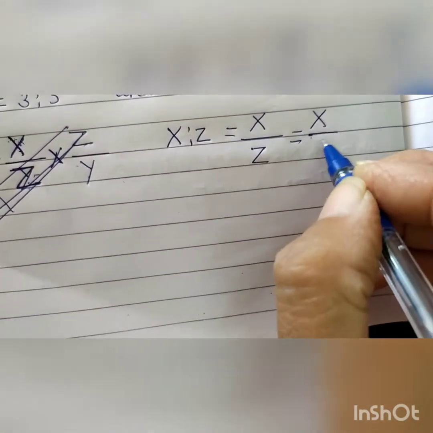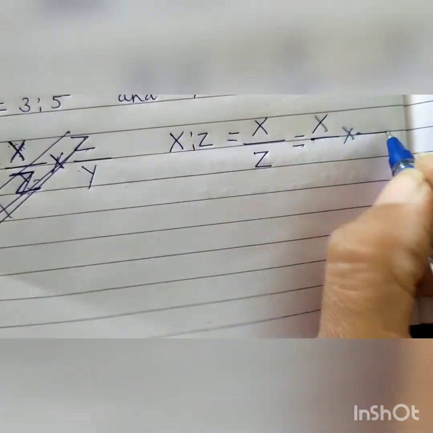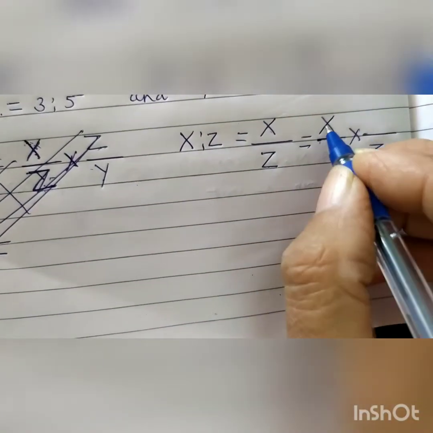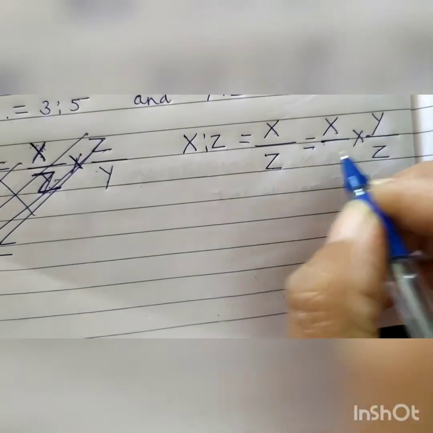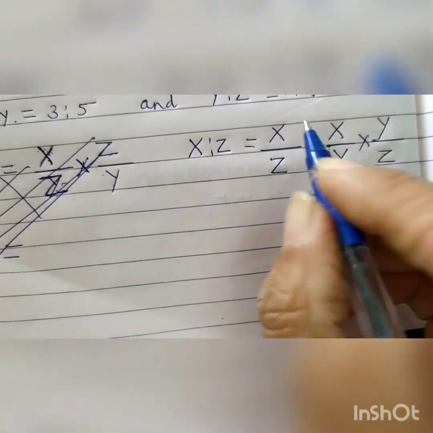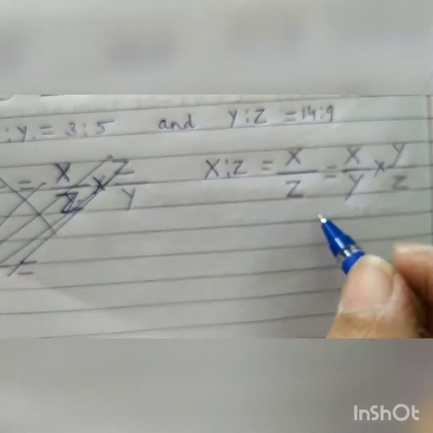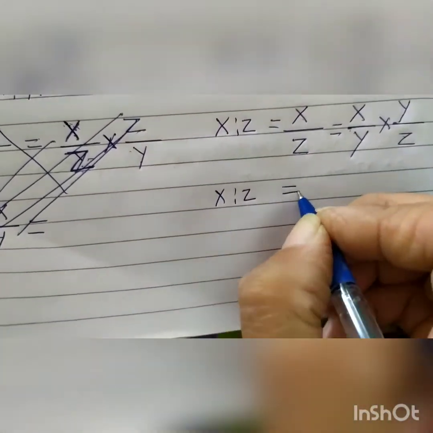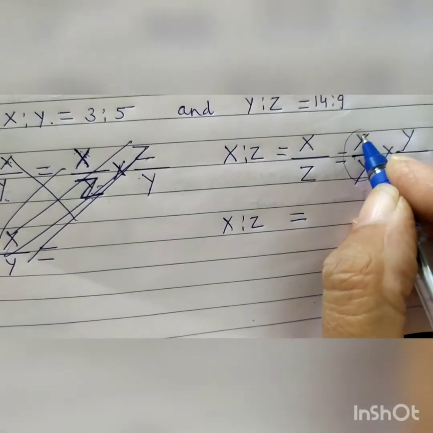This is x upon z. Now we will multiply this x upon z by y and we will divide it by y, which is its third term. Now x ratio z is equal to, the value of this x upon y is 3/5